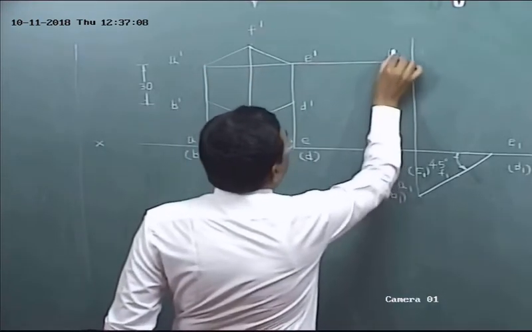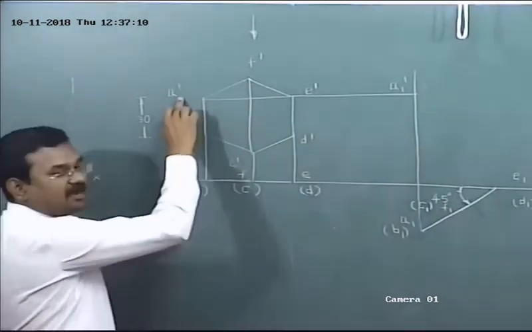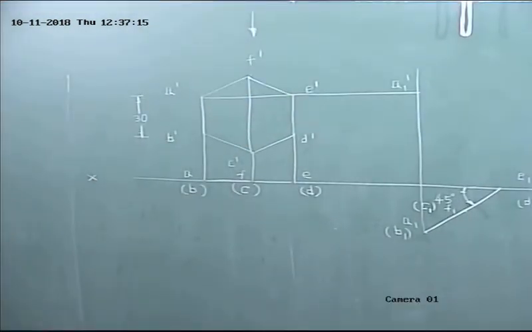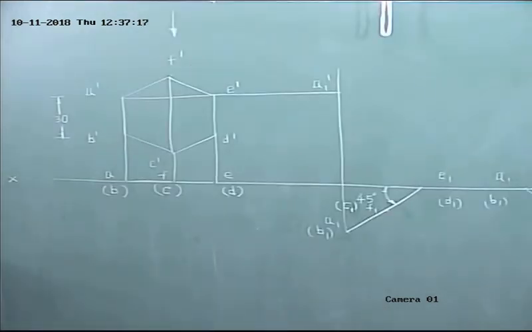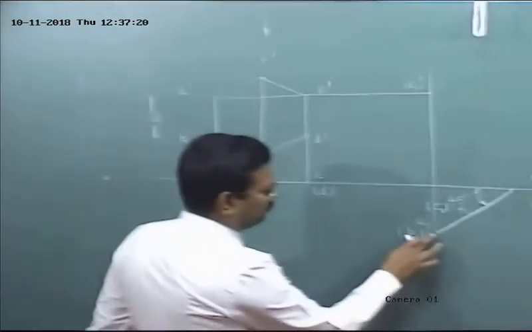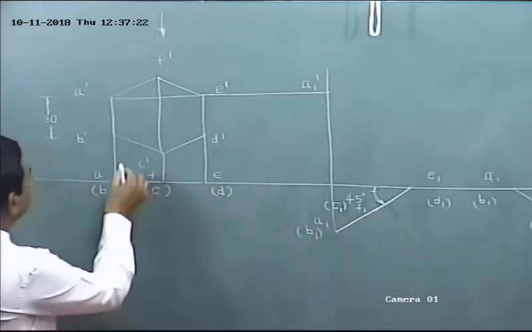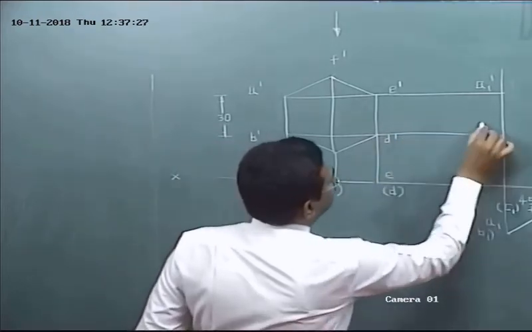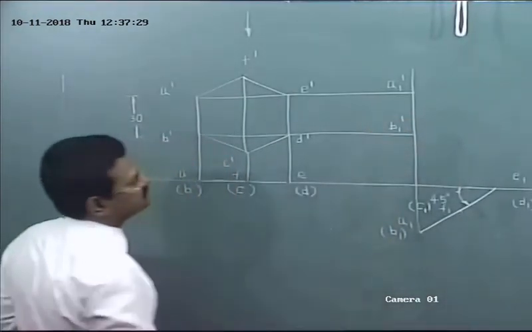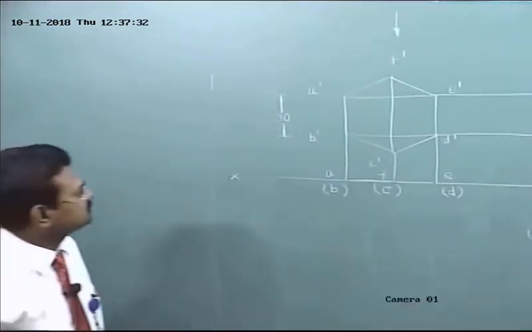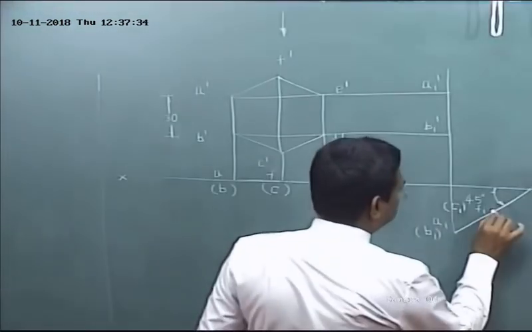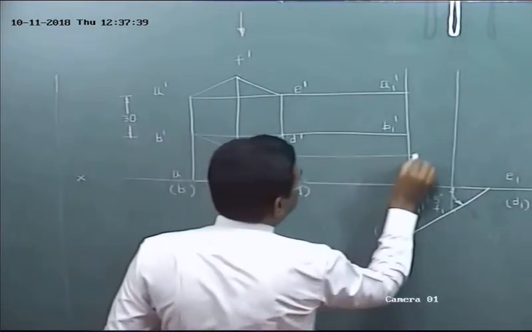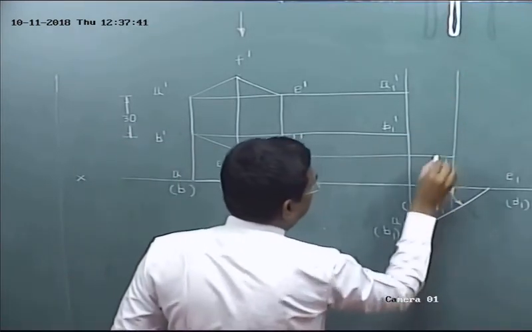These two intersect at A1 dash. Already I have used A dash, so use A1 dash. To avoid confusion, use A1 dash. What about the next corner? B1 dash? B1 lies on the same point. Okay. Then from B dash, first step front view, draw a horizontal line. These two intersect at B1 dash. Next C1 dash, from C1, draw a vertical projector. From C dash, draw a horizontal projector. These two intersect at C1 dash.